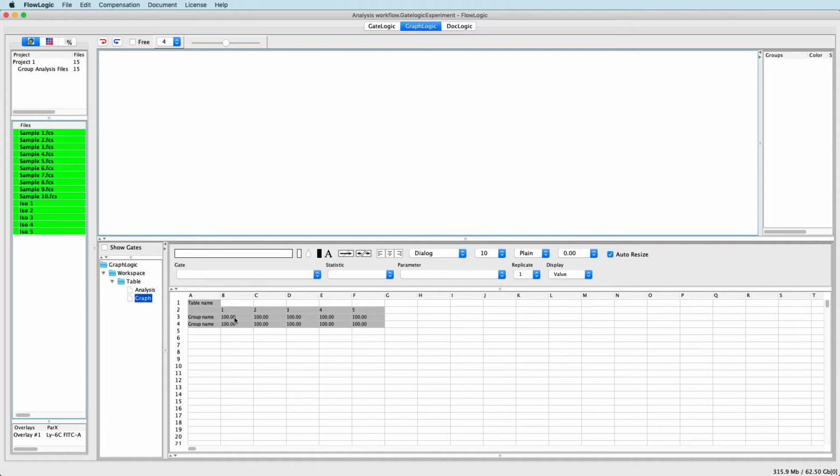Now when I click on a data point in the table, I can view or change the gate, the statistic, and the parameter, if relevant, for that sample. Or I can select multiple samples and choose a new gate and change the statistic. I can also update the group names, change the table name,